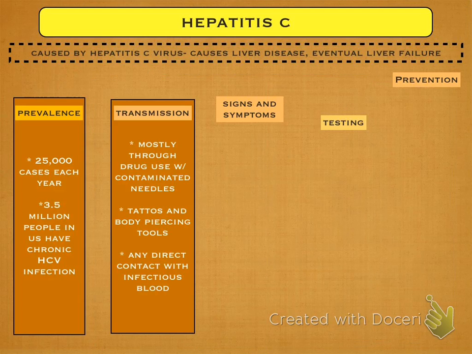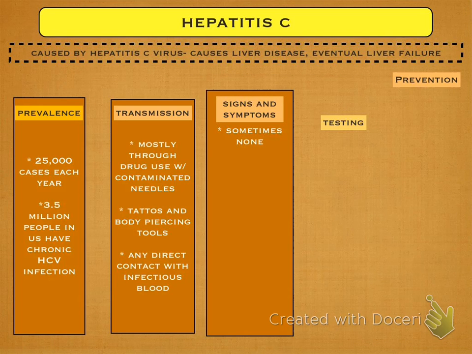And you're going to get it from any direct contact with infectious blood. That's where you come in as first aid, at the scene of an accident where somebody is bleeding or whatever. Not so much these other things through first aid, but just infectious blood material. That's what you have to worry about. Signs and symptoms are the same as hepatitis B. Probably for years there could be none. But that does not mean that you're not contagious and you can't transmit it to other people, because you absolutely can. Again, it's going to be fatigue, loss of appetite, weight loss, abdominal pain, loss of concentration.